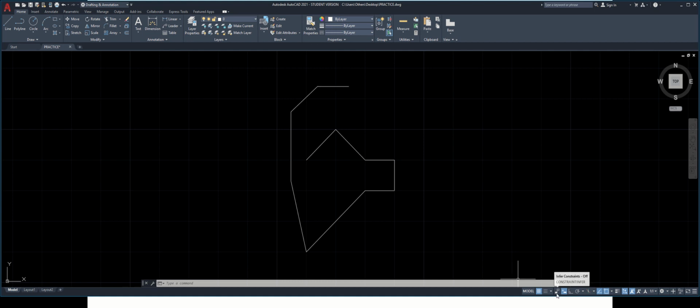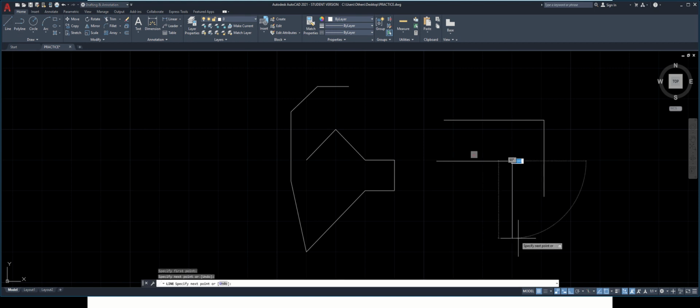After that, the option that we have is called infer constraint. Now what does it mean? See, now I am drawing a line, horizontal and vertical. There is no mention of the nature of this line. But if I switch it on and go for the line command again, see what difference is taking place. Can you see this symbol? This is used to show the relation between two geometries, like whether they are perpendicular, tangential or parallel, and so on.